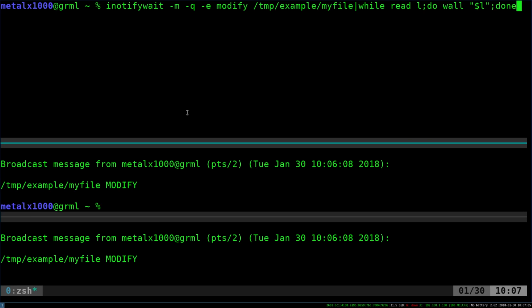Basically it's the same command, but what we're going to do is be sure to redirect to /dev/null here, semicolon, and instead of doing while here, we're actually going to write it, so we're going to say while this command is running, and we don't need the -m here according to them, so we're going to say -q -e modify this file, dump into while, and then we're going to say wall, and we're just going to say here, file